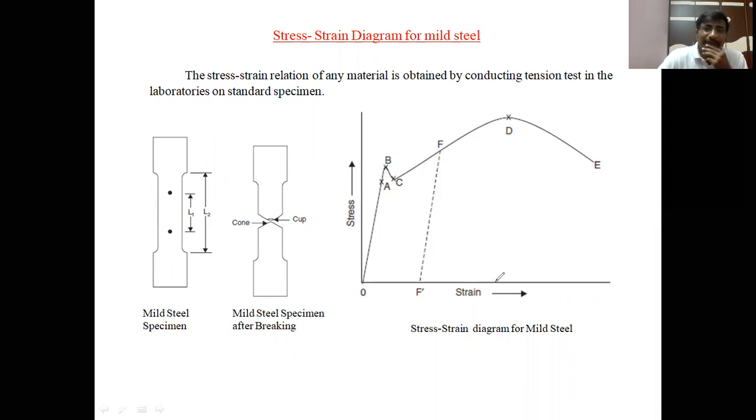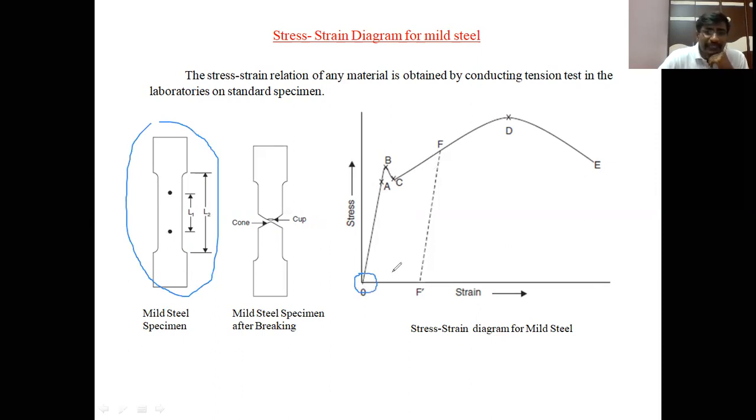So this stress strain behavior of mild steel can be drawn. The stress strain diagram can be drawn on the tensile testing machine, which shows like this: from O, A, B, C, D and F. Sorry, E. This is the variation of stress and strain by applying the tensile load on this testing specimen. In these points, O is the origin.